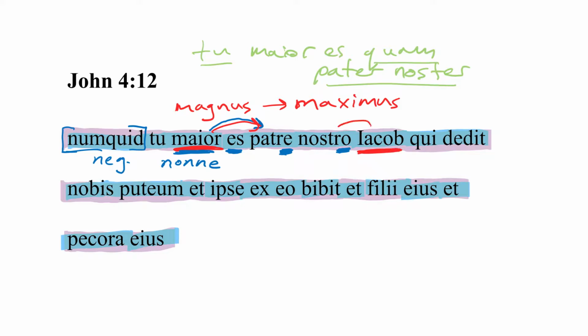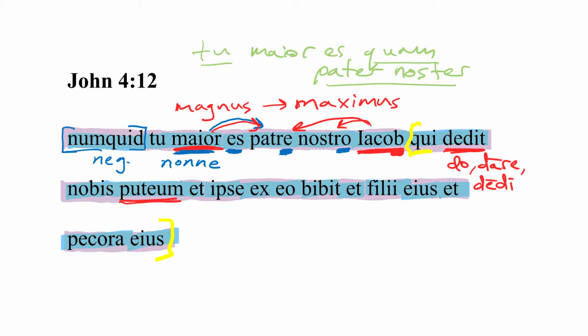Jacob, in apposition here? Though you wouldn't be able to tell because, of course, this being a foreign loan word, there's no nice, clear Latin ending at the end there, but we can tell from context what's going on here. Are you greater than our father Jacob, who, and then here's a nice relative clause, in fact, it's the rest of the verse, explaining what made Jacob great, among other things, who gave, third person singular, perfect active indicative from do, dare, who gave to us the well, puteum, the well that here we're standing at, that we're talking about,